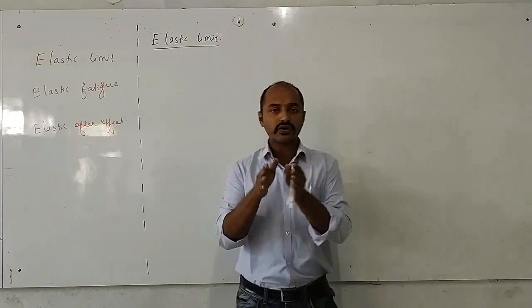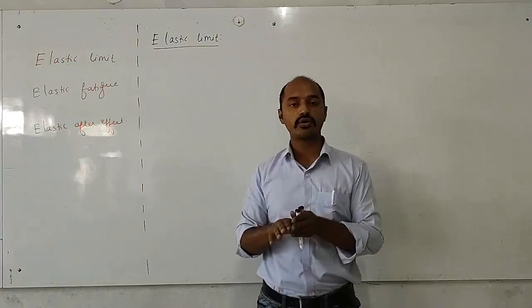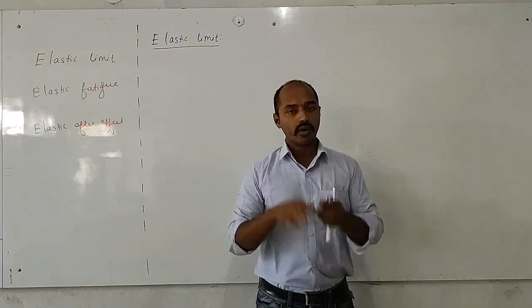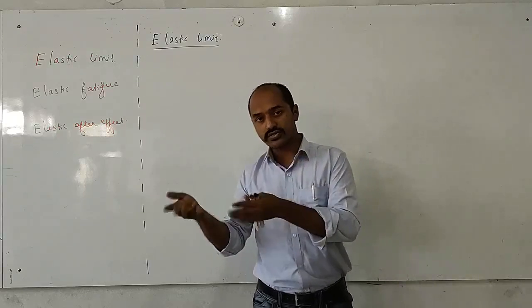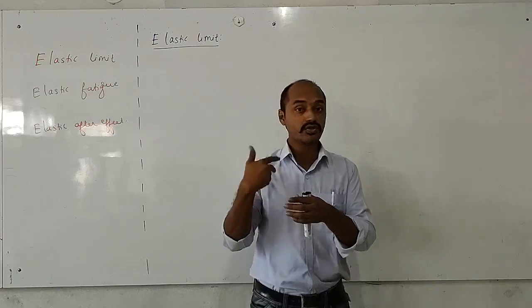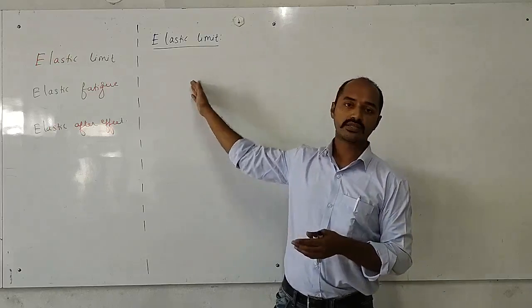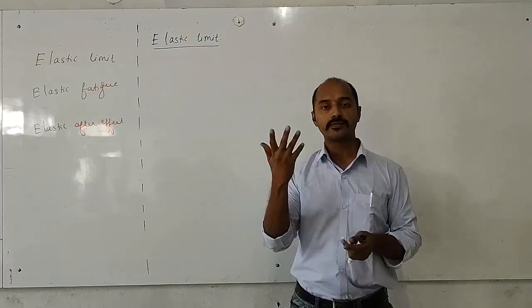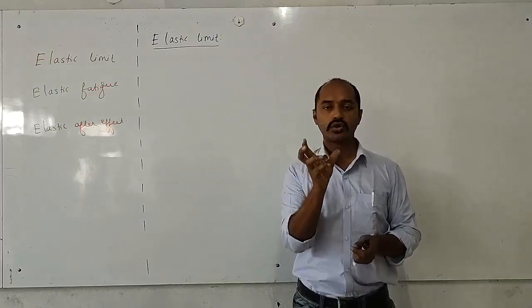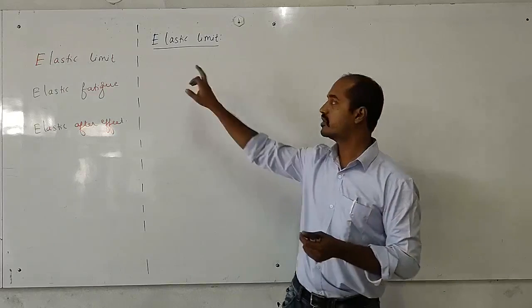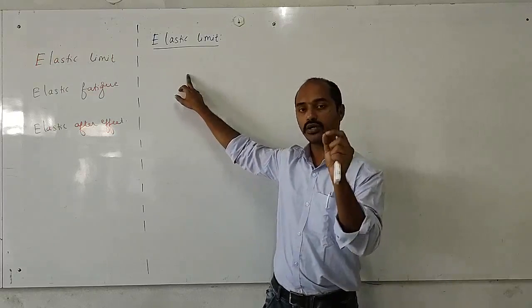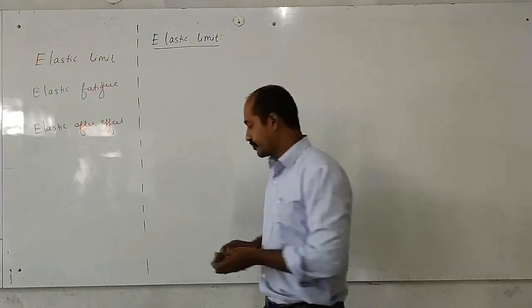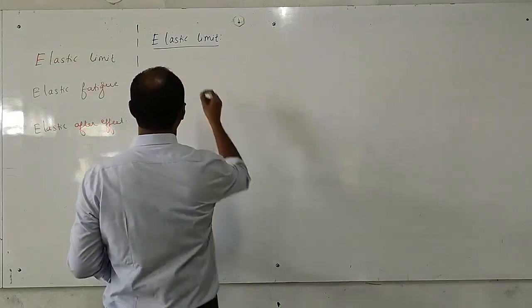Okay, so at a particular load, or you can say at the maximum load, which when applied on the body, it loses, means it does not regain its original shape and size, it loses its elastic property, right? So such a load or such a deforming force is called the elastic limit of a particular body, right? So elastic limit is the maximum deforming force,